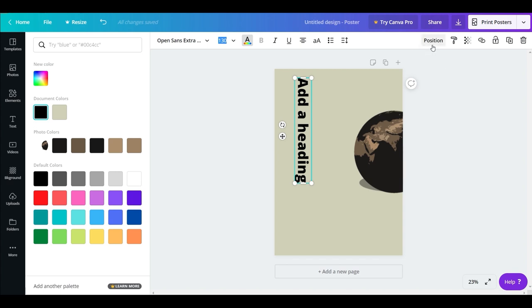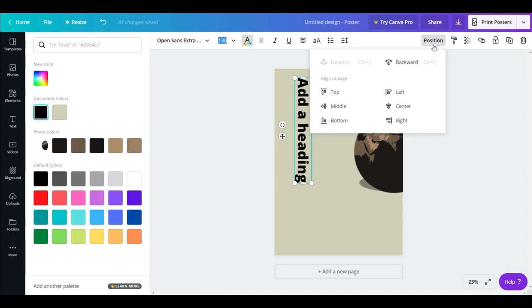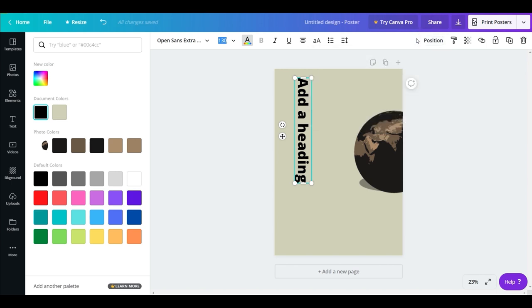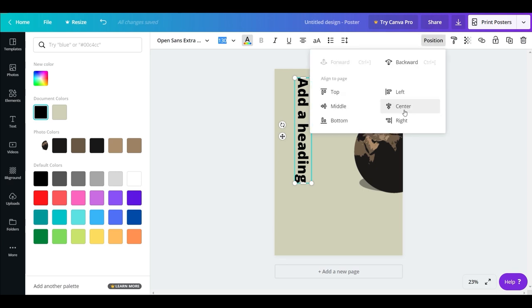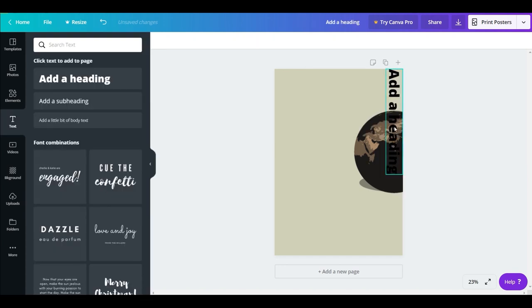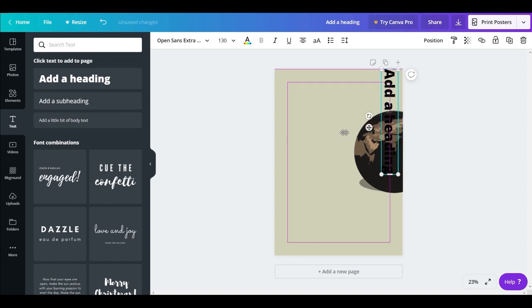On the right side, there is something called position. By clicking on it, you can either send a text or an image to the background or the foreground, or you can even align where you need the text or the image exactly in your board. Suppose, for example, I need this piece of information on the right side, by clicking here, it goes to the right. Or if you need it in the middle, it goes to the middle, or top, it goes to the top. So it's just like auto-aligning your piece of information wherever you want in the artboard. Very simple as that.